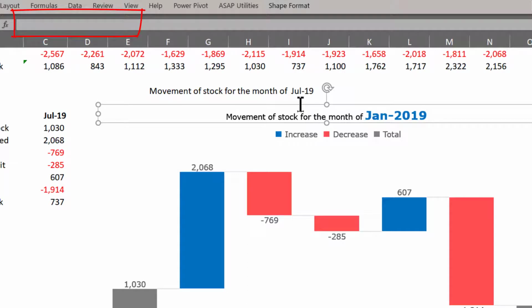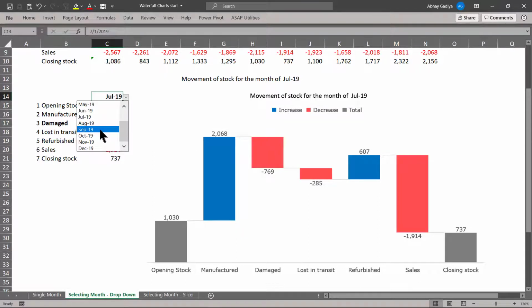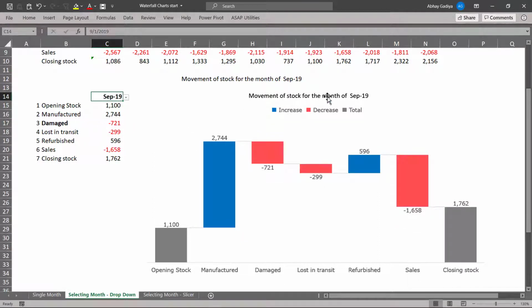So now once you have selected the text box, go to the formula bar, press equal to, and then select this cell where you have entered your text and let us press enter. So immediately you can see that our text box is being linked to the values being displayed here. So now if I go and change this value, here you can see immediately even our chart title is being displayed properly. However, there is a limitation to this.